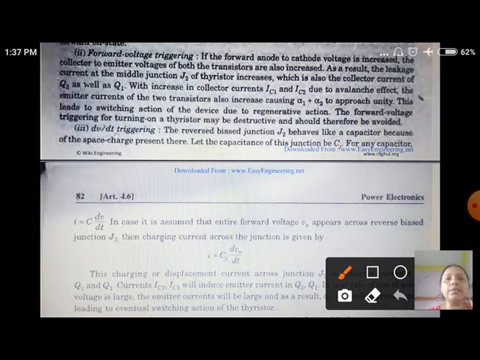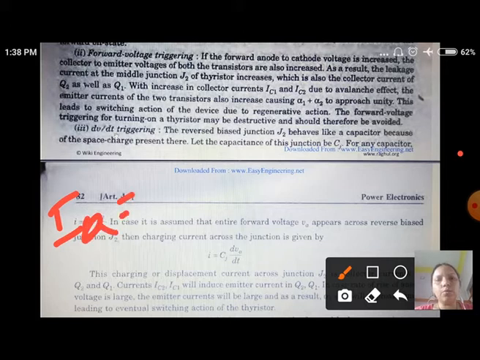With the increase in collector currents IC1 and IC2 due to avalanche breakdown at junction J2, the emitter current of the two transistors also increases. After the increase in emitter current, what happens? It causes alpha 1 plus alpha 2 to approach unity. Already I told you